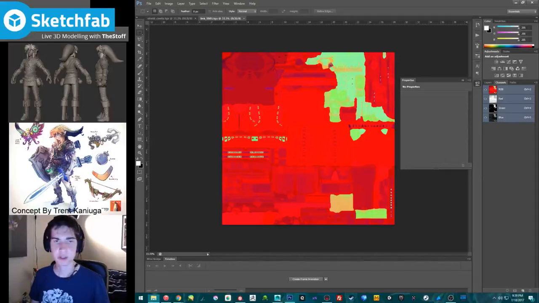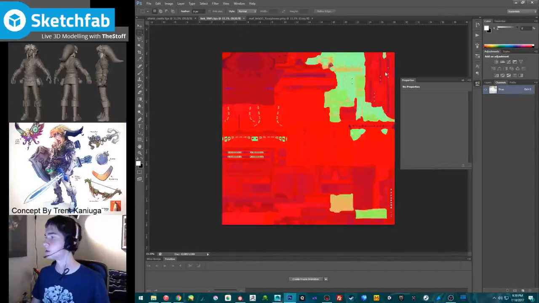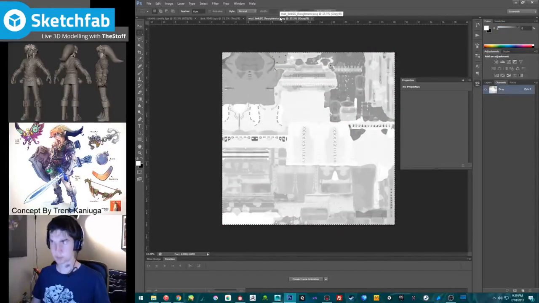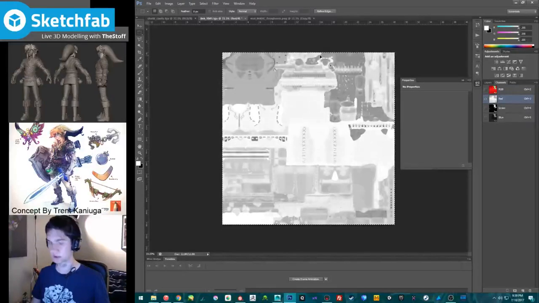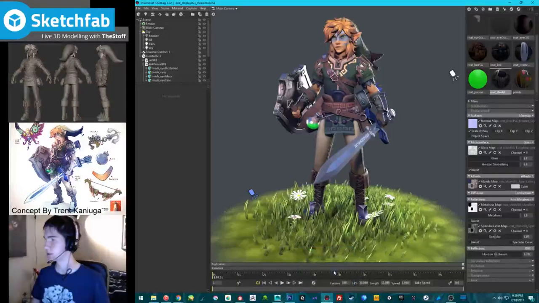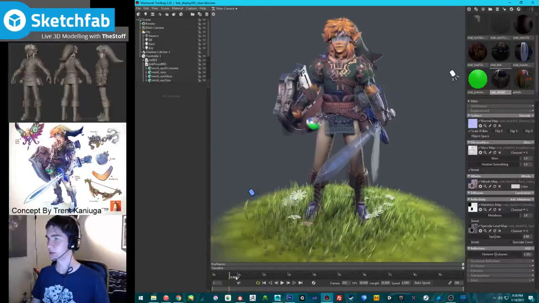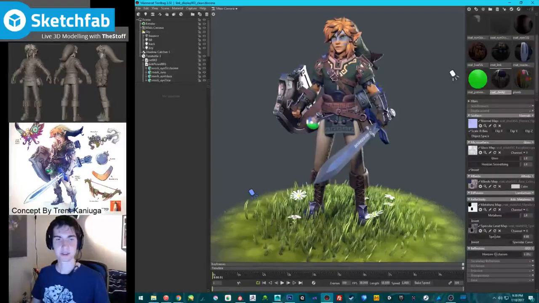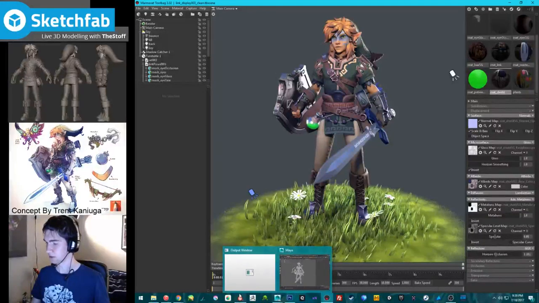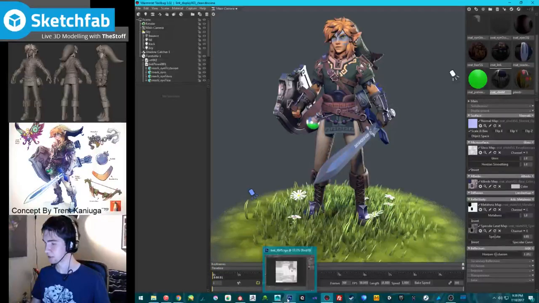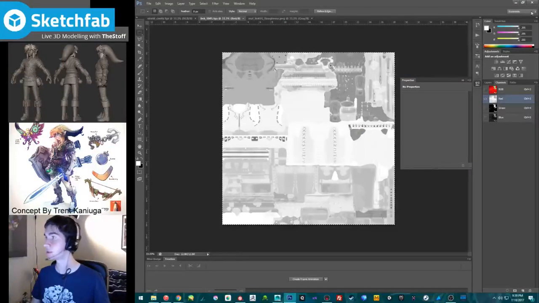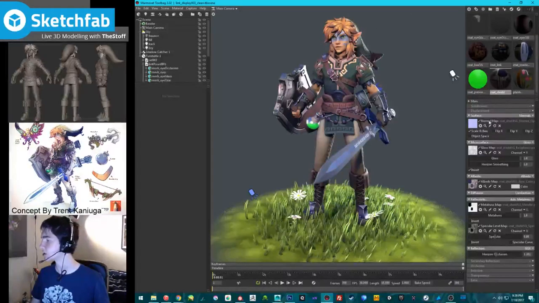Was it the roughness that was broken? I can't remember. I think it was. Roughness. Yeah. There. Because he had lost a little bit of his spec because I had reduced the roughness by accident. There we go. That's a lot better. I'm glad I decided to do that. He's looking a little bit flat. Yes. Alright, and now that that's done, back to the shield texture.